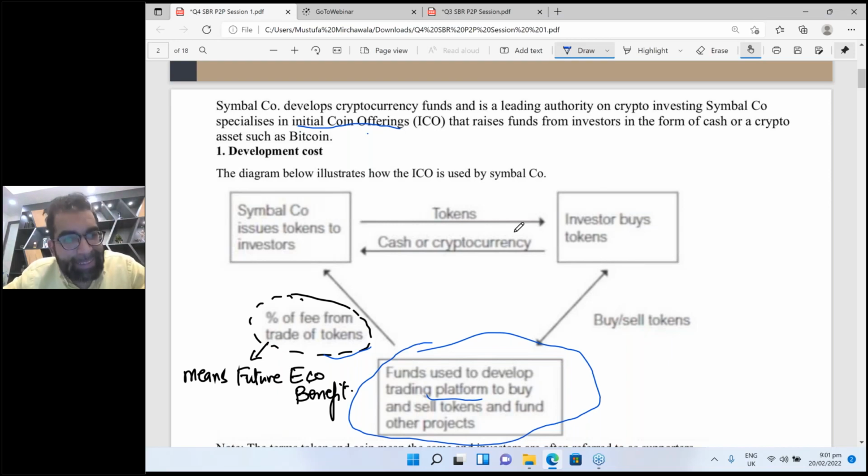So the basic criterion is, you know what an asset is? An asset is anything which is in our control and which gives us future economic benefit. Now open your eyes, read this. What is this? Yes, we will be getting future economic benefit. Today we are investing, and in return in future we'll get economic benefit. So that's why the cost of making this trading platform, this software, should be capitalized.